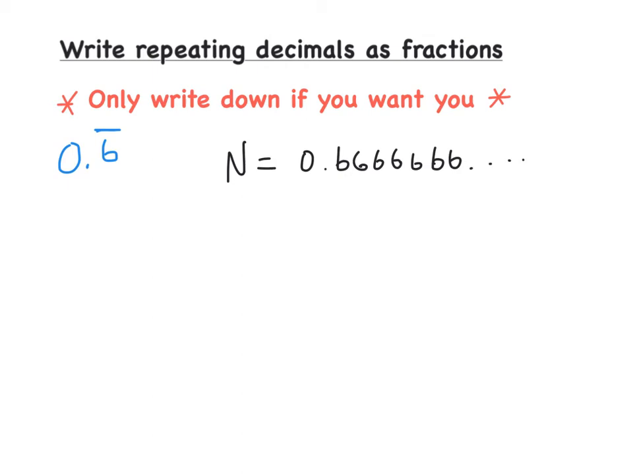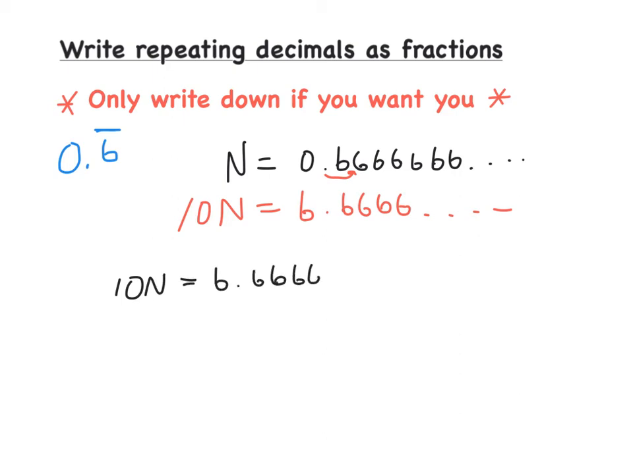So what I want to do right now is to multiply both sides by 10. If I multiply both sides by 10, I'm going to have 10n is equal to 6.6666, and it continues. All that this was, was the decimal point moved over one spot to the right. Now, I want to subtract n is equal to 0.66666, which repeats, from the first equation,